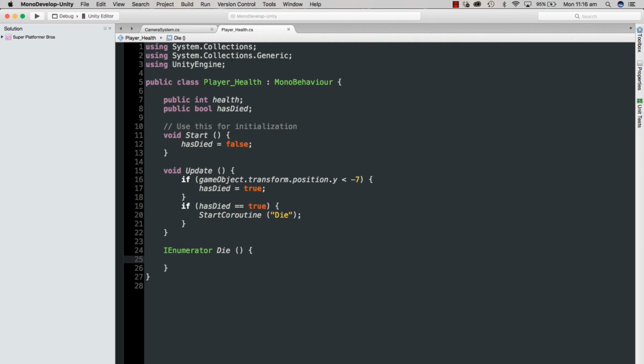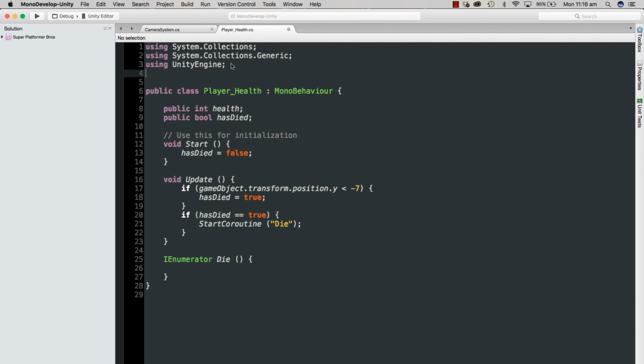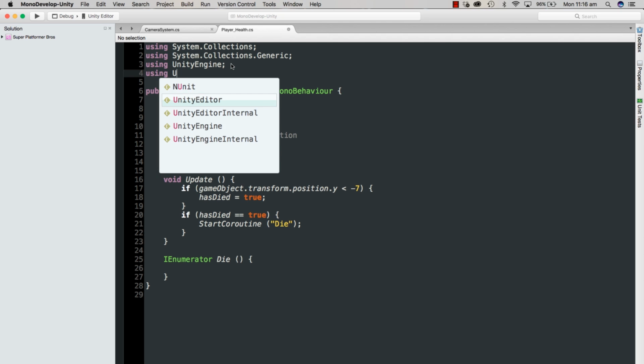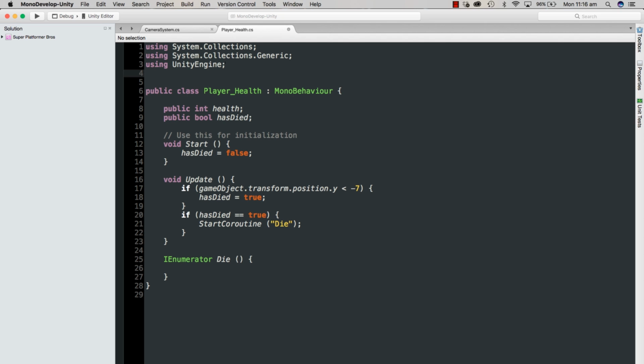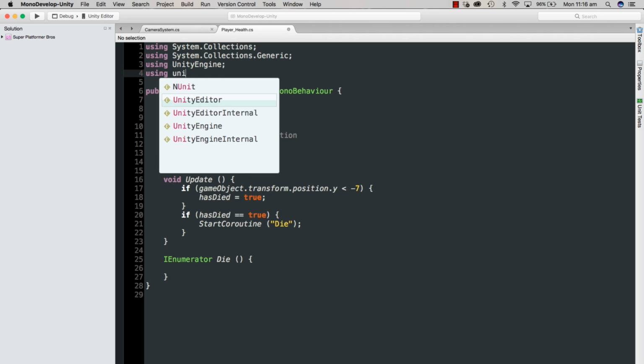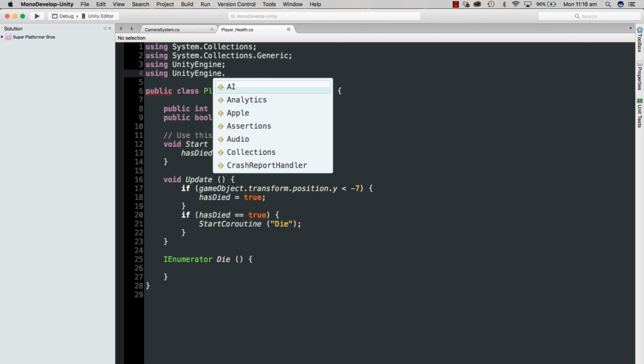So to start the new level we say using. I should explain. We go up here to the namespaces here. Namespaces are like libraries that you call into the script to help, so you can use certain functionality that is within that library. And so up here we're just going to say using UnityEngine.SceneManagement,